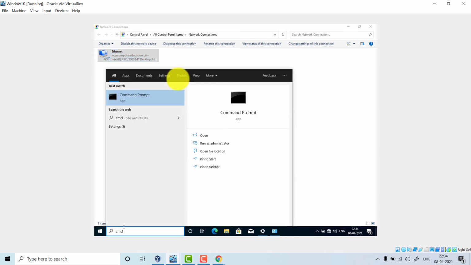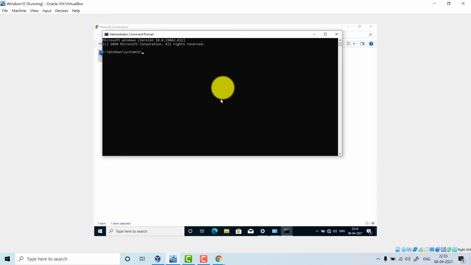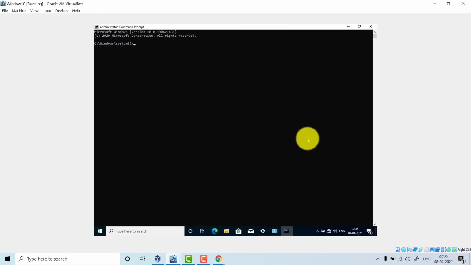Yes, this might be the problem because we have not opened the command prompt in administrative mode. What we have to do here is right click on the command prompt and run as administrator. You have to remember to give the administrator password of Windows Server 2012. Now we should not get this error. Again, write NBTSTAT -RR, single dash only.